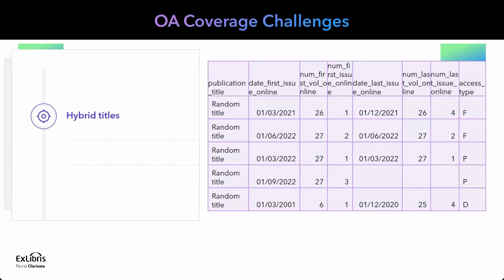Here's a real example from a title list for a random title, having 6 rows for the same title with intermittent display of paid and free content. The coverage for a subscribing institution should actually be only from 2001. See in the last line, the earliest date this title has been available. The publisher has decided to turn 2 volumes to open access for various reasons. It could have been a featured volume for a specific topic, or it could be that the authors have paid APCs for all the published content in that volume. In any case, we have 2 volumes in this publication now available as open access to anyone everywhere.